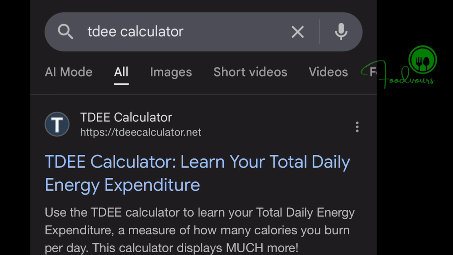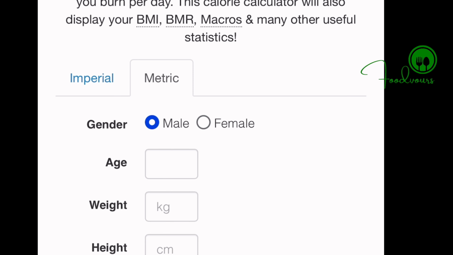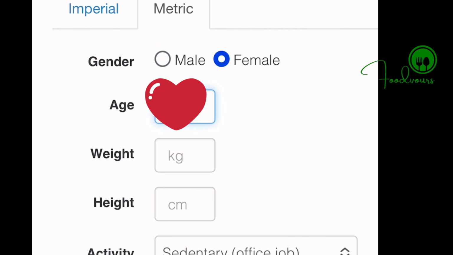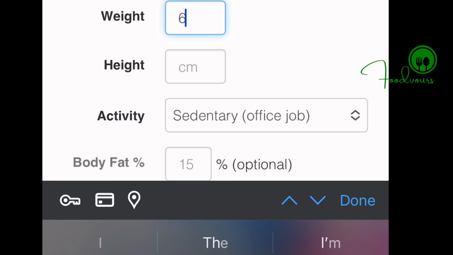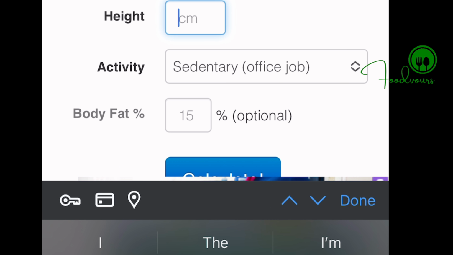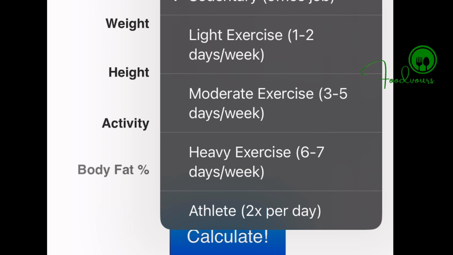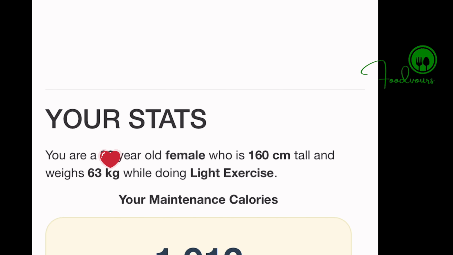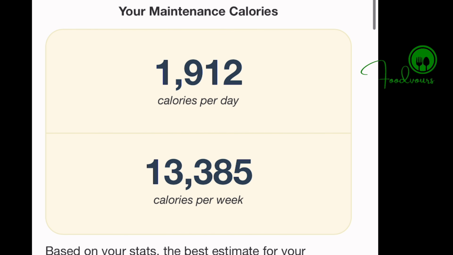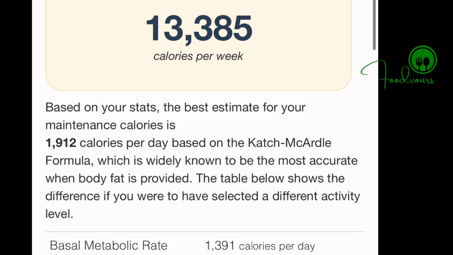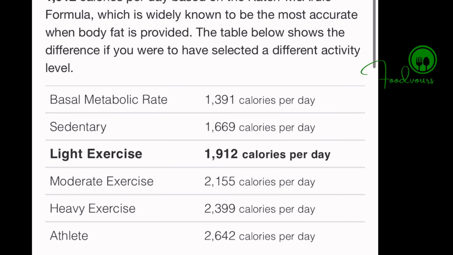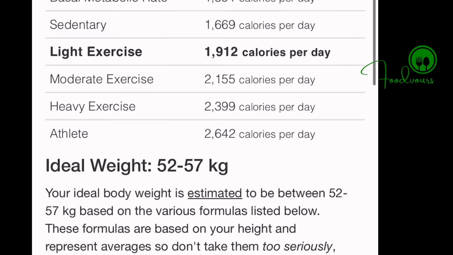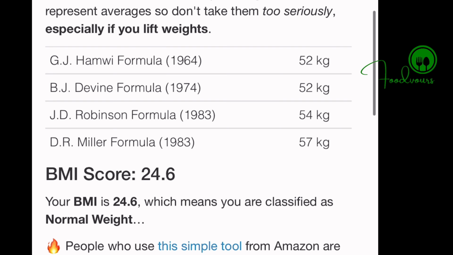Once the page opens, enter your details: your age, your weight in kilograms, your height in centimeters, and your activity level. For me, I chose light exercise since I usually walk between 7 to 10,000 steps a day. If you know your body fat percentage, you can also enter it, but if you don't, just leave it blank. After entering my details, the calculator shows that for my activity level, my daily calorie intake is 1,912 calories to